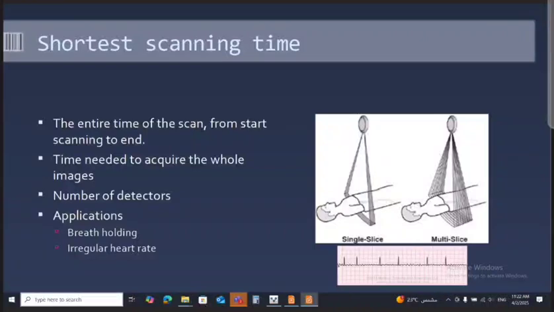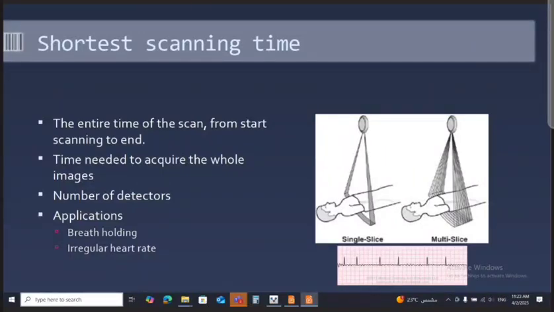It is related to the number of detectors and not the tube rotation time, and it has an advantage for patients that cannot withhold their breath for a long time, because the shorter the scanning time, the less the respiratory motion